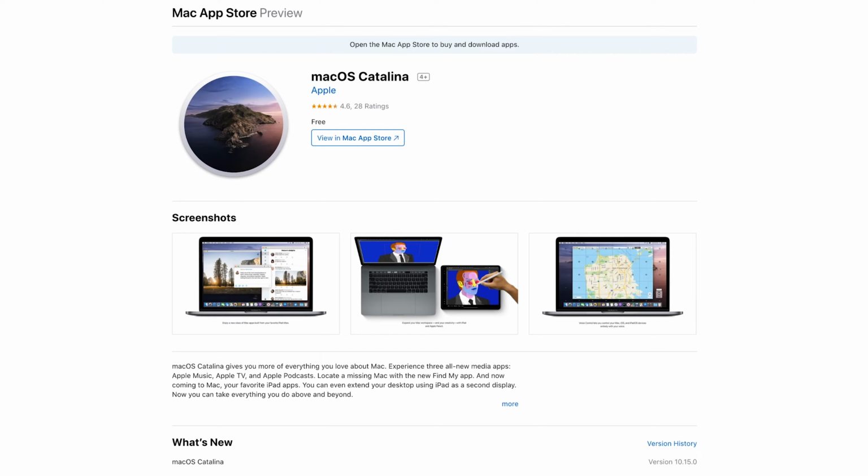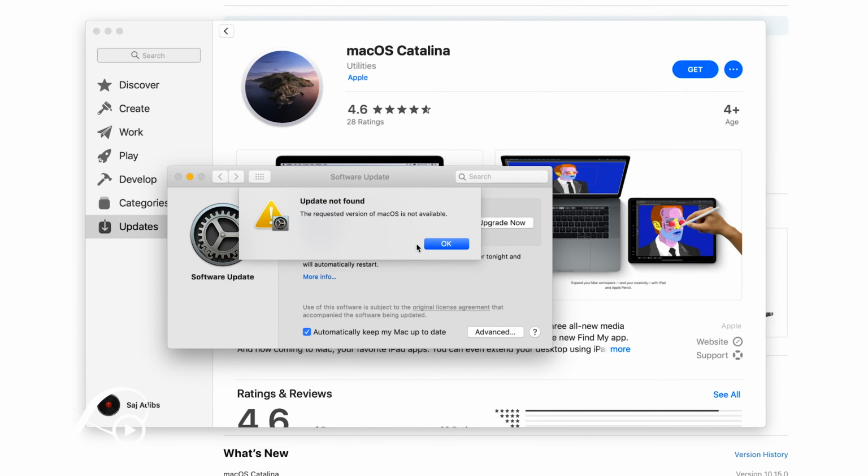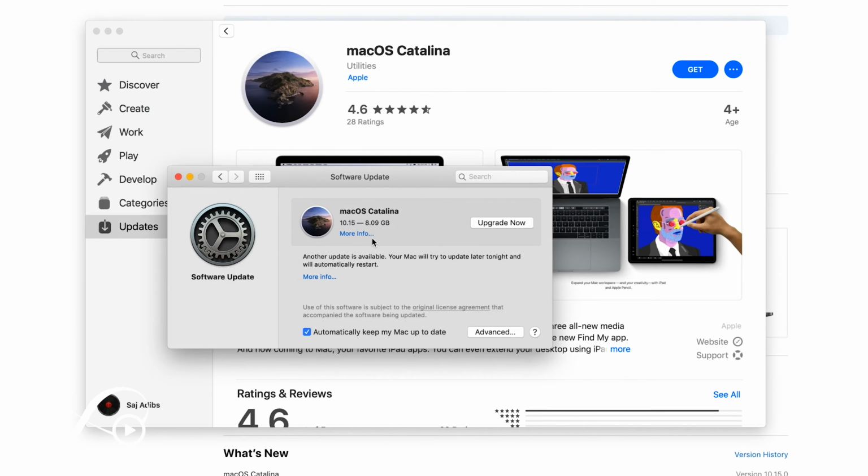I'm going to put the link in the description here, so simply come to this link on your Mac and then you have to view it in the Mac App Store. So just go ahead and click this, and it's a free upgrade for Mac as long as you have a recent operating system. And once you open the App Store by clicking that link, you'll just have to press get here, and then it will go ahead and download for you as soon as you press download. I already pressed download, and it's about an 8 GB file, so it's going to take a little bit to